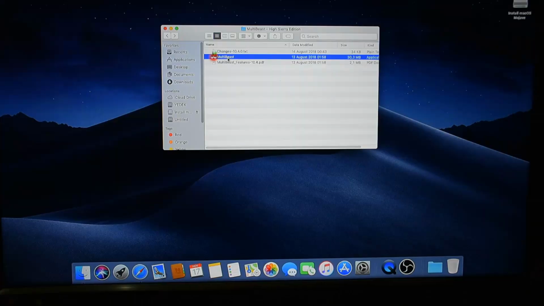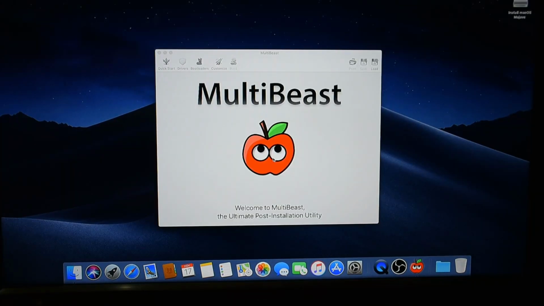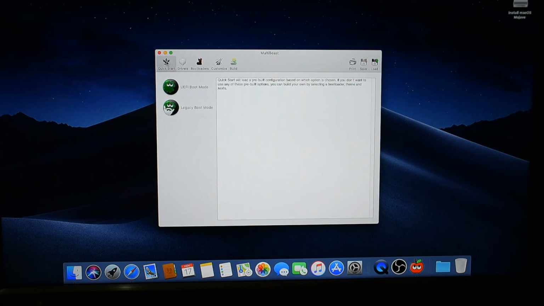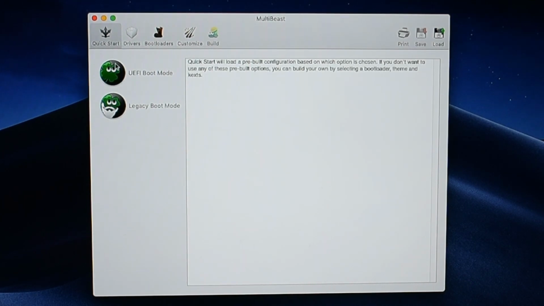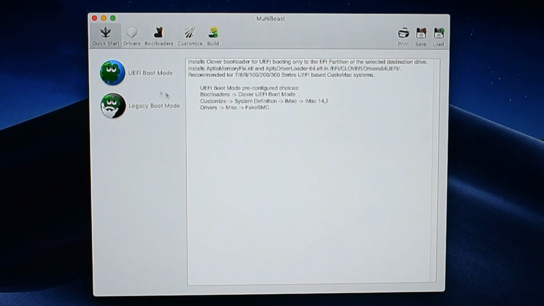So now we went through the installation process, and it's time to set up macOS to our liking and make some things like sound and networking work. Download MultiBeast, then launch it, and we'll set it up with MultiBeast. Now launch MultiBeast, and yes, we have the app. So from here, press Quick Start. If your system is newer than 6th gen Intel, press UEFI,